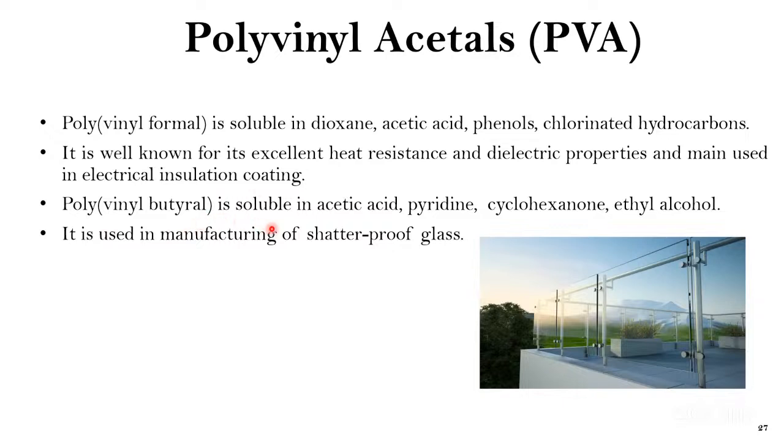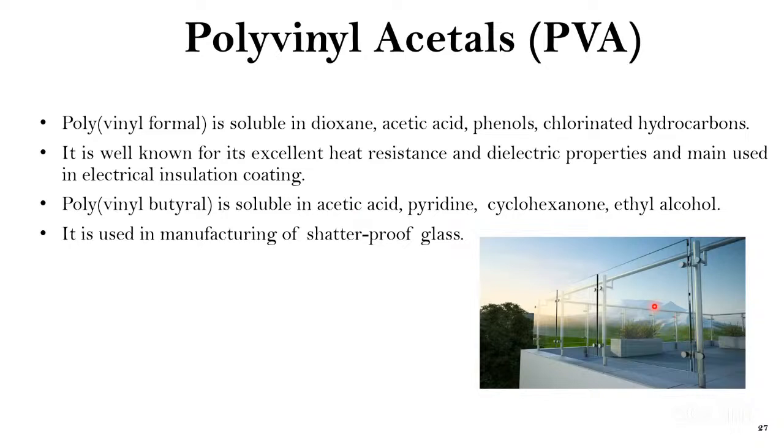Next is polyvinyl butyral. It is also soluble in acetic acid, pyridine, cyclohexanone or ethyl alcohol. And this polyvinyl butyral is used for the manufacturing of shatter-proof glass. What do you mean by shatter-proof glass? If I